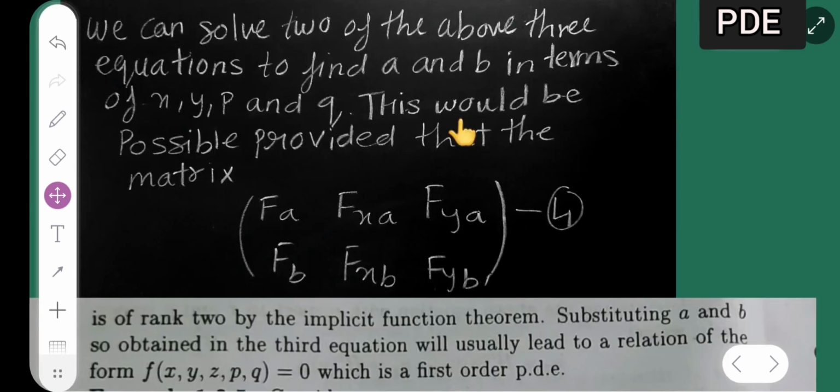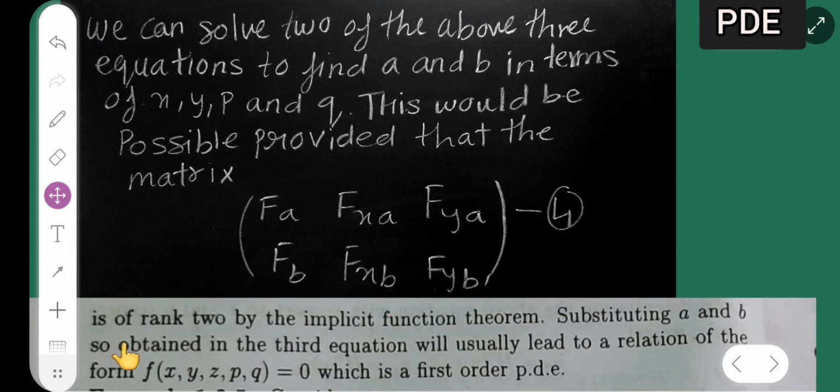Now what we have to do is, we can solve two of the above three equations to find a and b in terms of x, y, p and q. This would be possible provided that the matrix, which is fa, fxa, fya, fb, fxb, fyb, and take this as equation 4, is of rank 2 by the implicit function theorem. Substituting a and b so obtained in the third equation will usually lead to a relation of the form